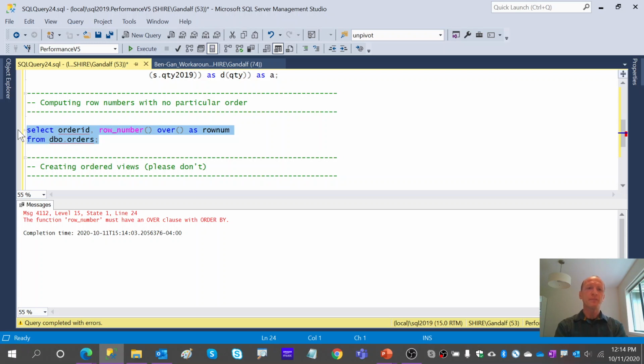clause involved. Now, just recently when I was teaching, one of the students asked me, well, can't you just say order by whatever is, say, the clustered index key? So for instance, here our clustered index happens to be based on order date in this table. Can I not just say order by order date? If I don't care about order, any order is fine. Well, you would be right, but then again, think about this.